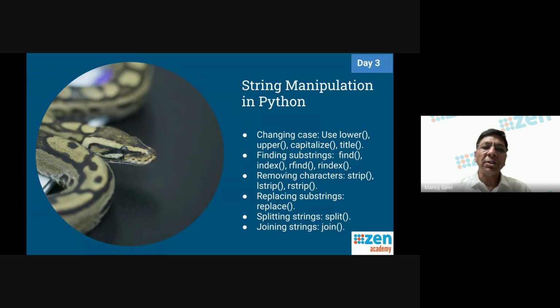Removing characters. If you want to remove some characters, soft spaces basically, then we use the strip function over here. We do lstrip for the left and rstrip for the right. And we can do replacement also. If I find, let's say Ayush, and I want to replace a particular string with another string within a string, then we do replace. So if I go back,